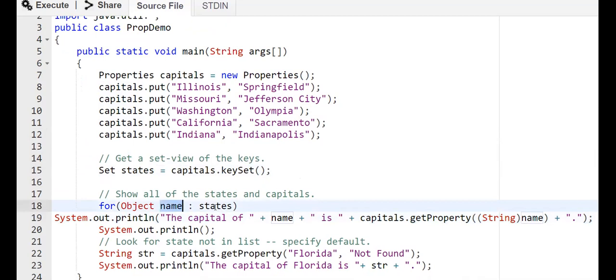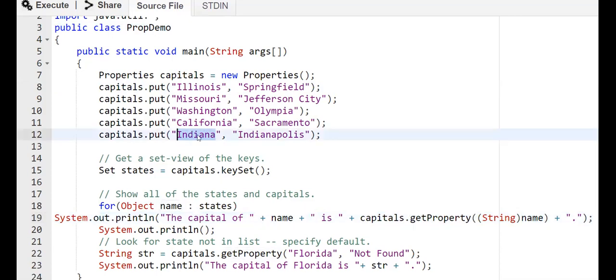The capital of the name is capitals.getProperty(name). So for each state, we can obtain its capital by using the getProperty method, passing the key value, which is the state name. So its capital will get returned.